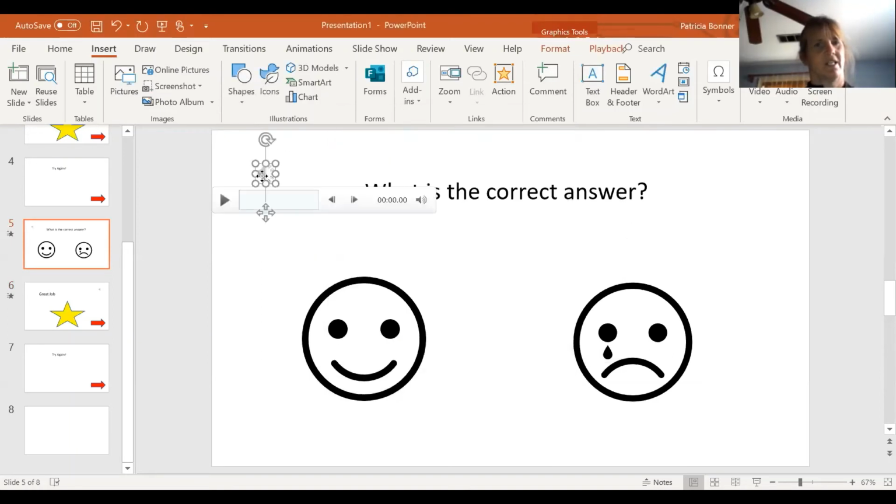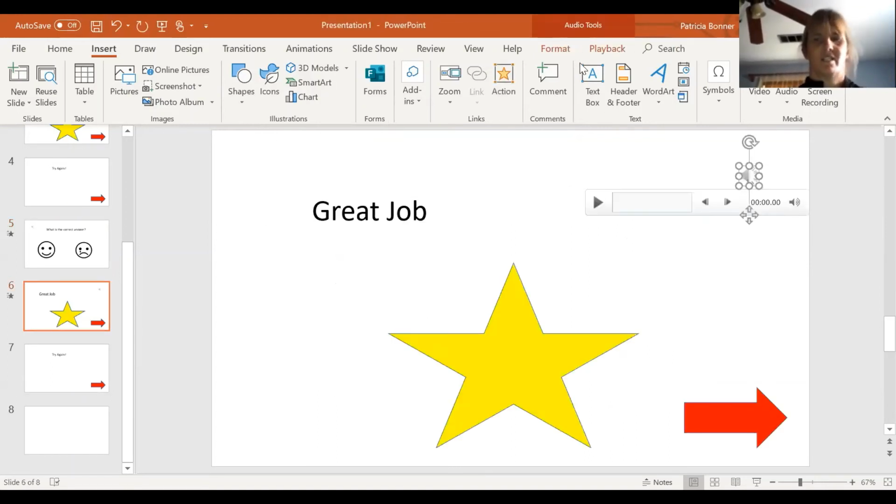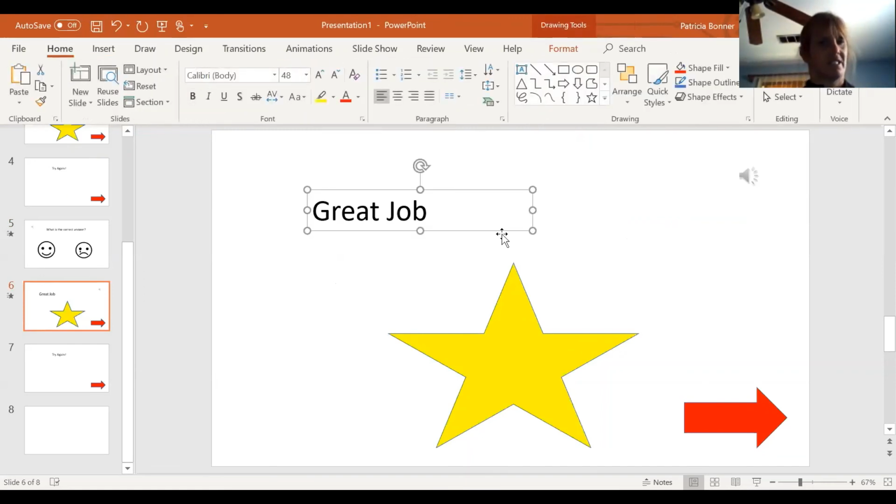But all of the voices, the responses, the voices that start automatically, I just want to make sure still automatic, everything's still good. So once you set up that first one,